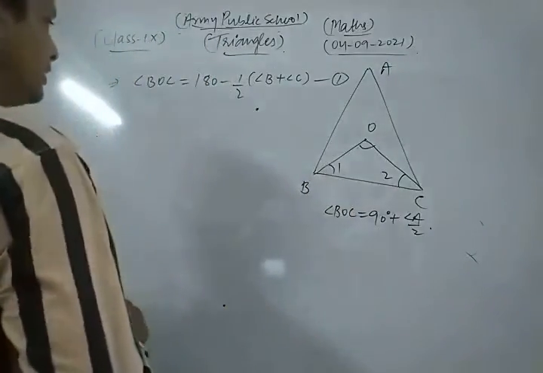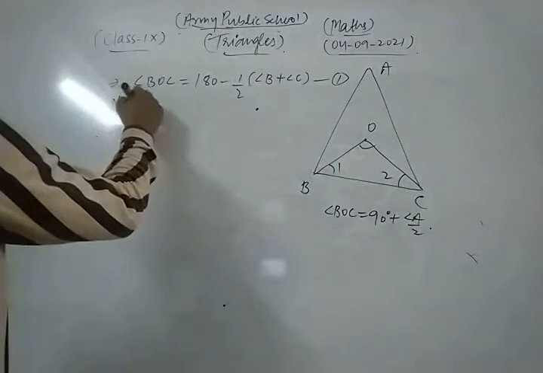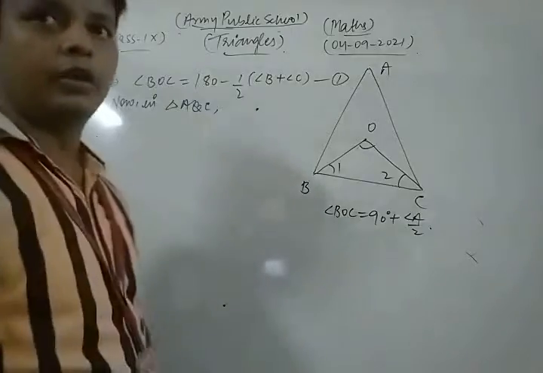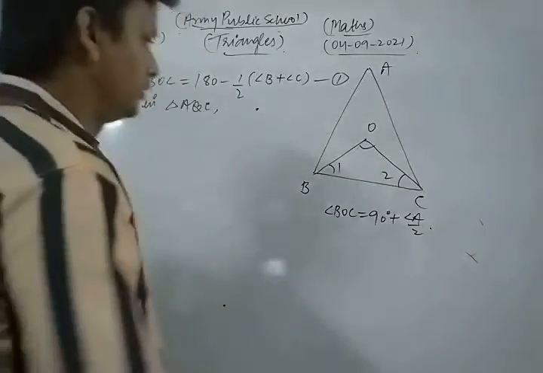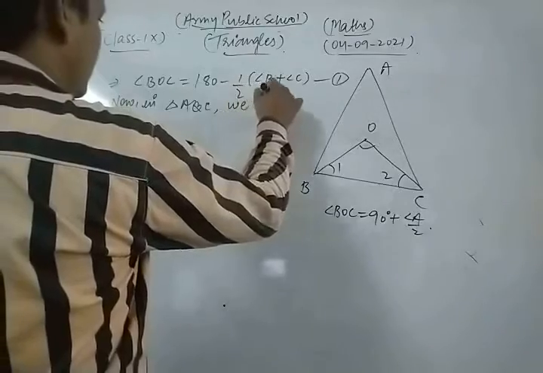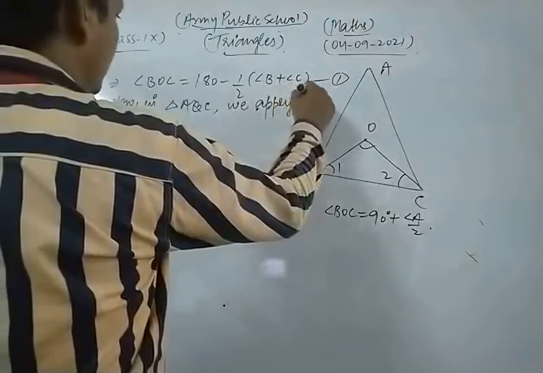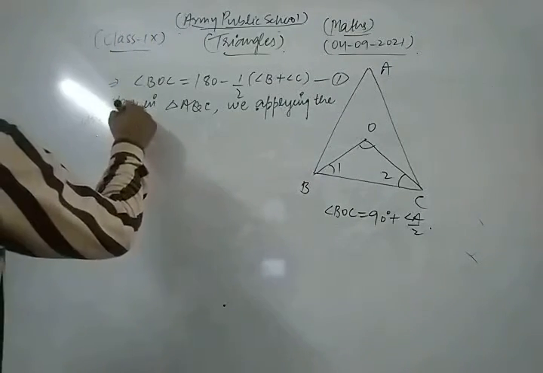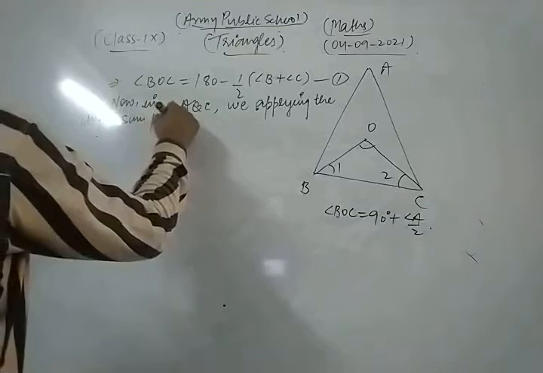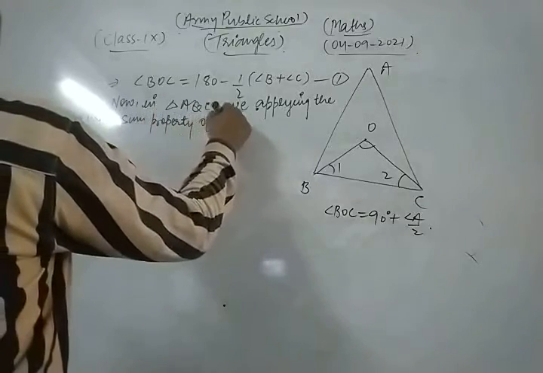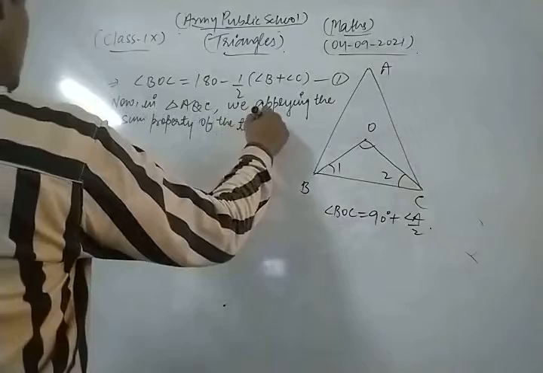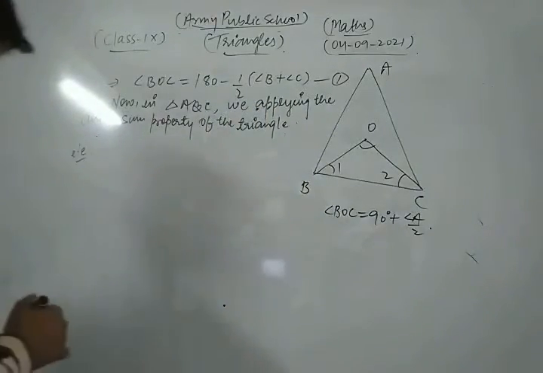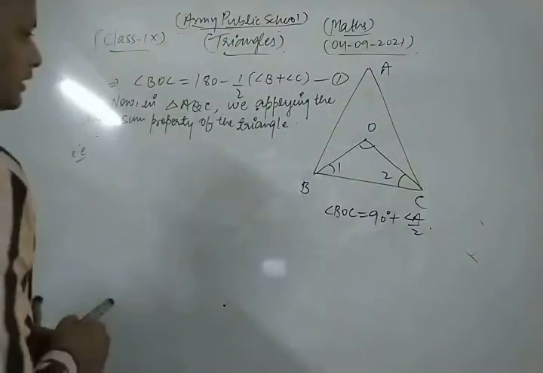Look at triangle ABC. In triangle ABC, we apply the angle sum property of the triangle. That is,